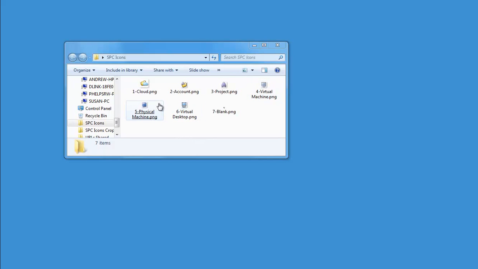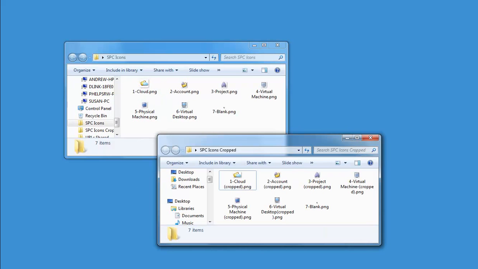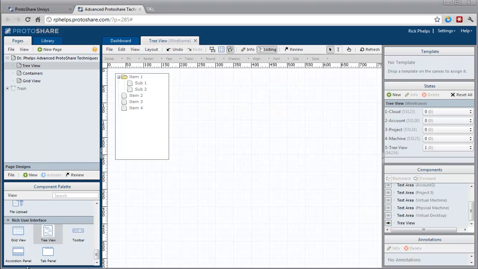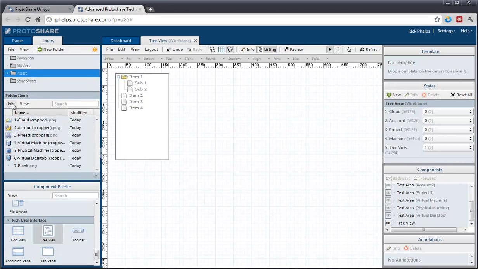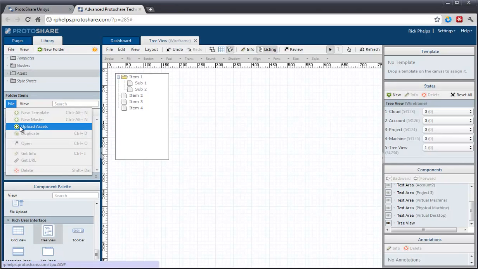So these are the individual icons that have been assembled or designed for each of the levels. You'll notice that in this particular case there's a fair amount of white space around each one of the icons. For the best effect, it is best to trim those icons down to just the bare minimum without the white space using something like Microsoft Picture Manager, or you could use Photoshop. So I've essentially taken the icons, trimmed them down to their minimum size, and then need to import them into or upload them into the